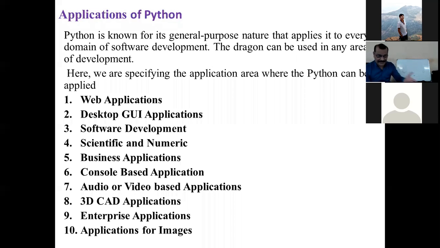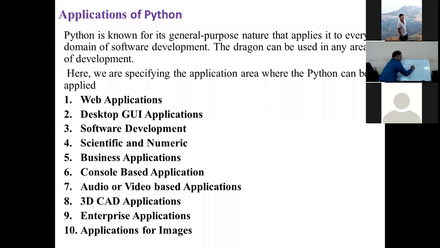What are the applications? Very first is the general purpose. What is the general purpose? When you see, software is available generally.